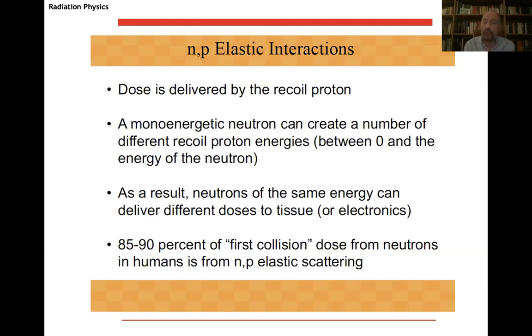85–90% of the first collision dose from neutrons in humans comes from the scattering of neutrons on protons. So essentially, it is the scattering of the neutrons on the protons that causes the energy release, and the energy release comes really from the recoil proton, not from the neutron, because then the recoil proton will ionize, generate electrons, and these electrons will then release further